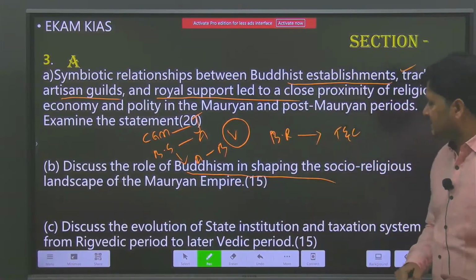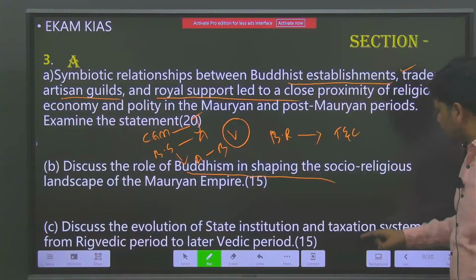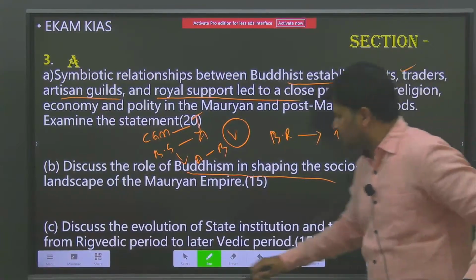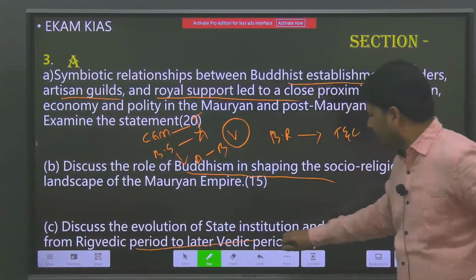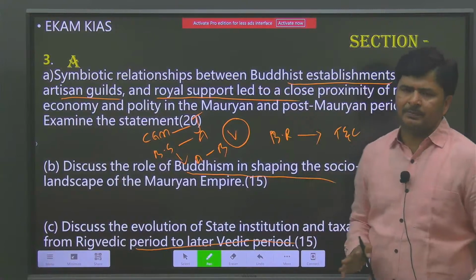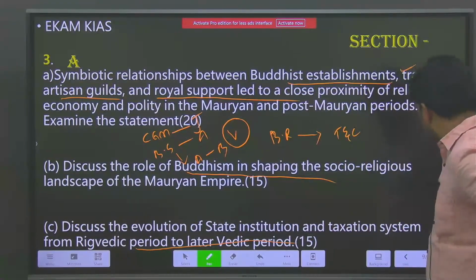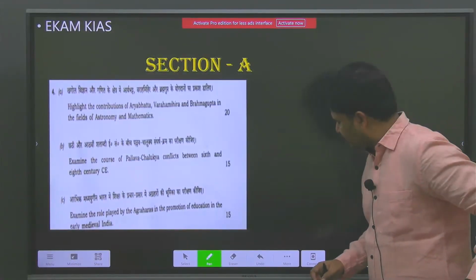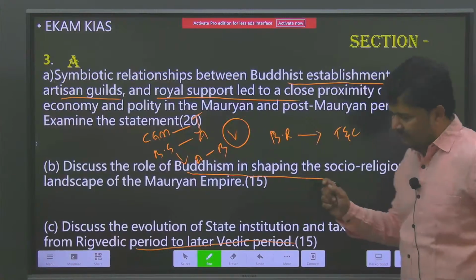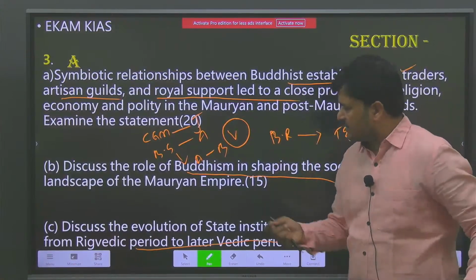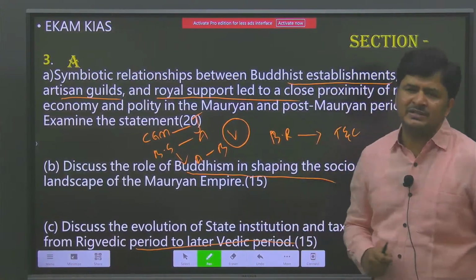Third one: discuss the evolution of state institutions and taxation system from Rigvedic period to later Vedic period. And this is another direct question. In fact, we have learned as part of classes, whenever you come across such kind of questions, even when someone observes the same question which we found in General Studies mains,